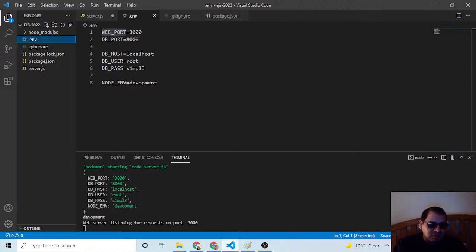And these are all my variables and my values: the web port, the database port, the database host, the database user, the database password, the node environment variable. I wrote it development, and my web server is listening for requests on port something.